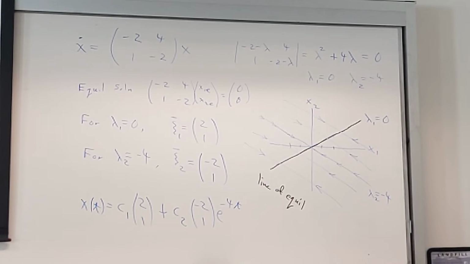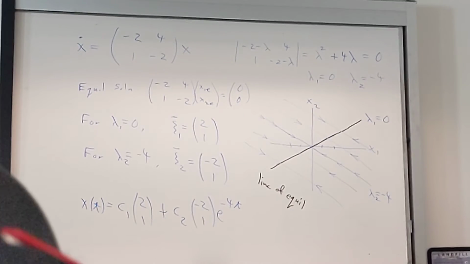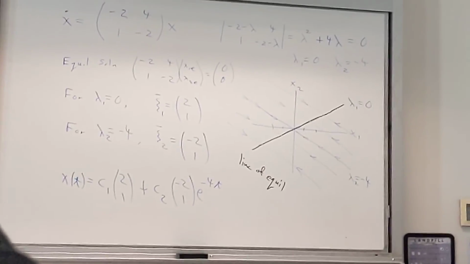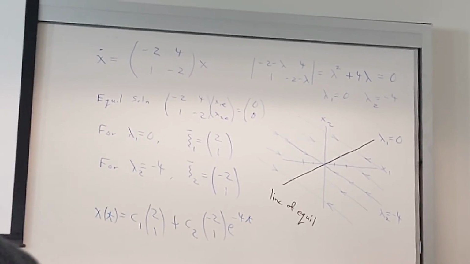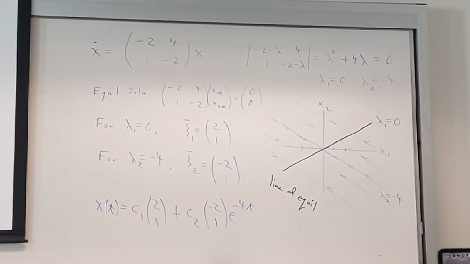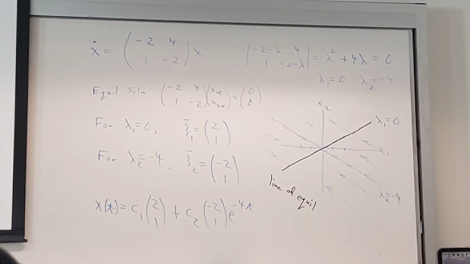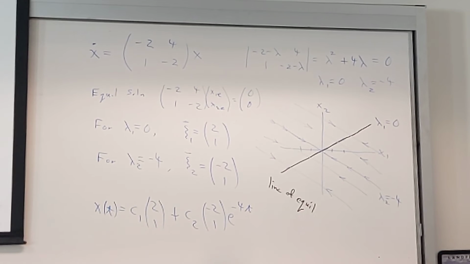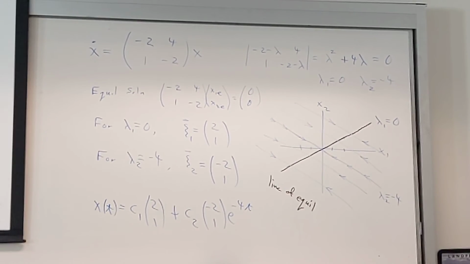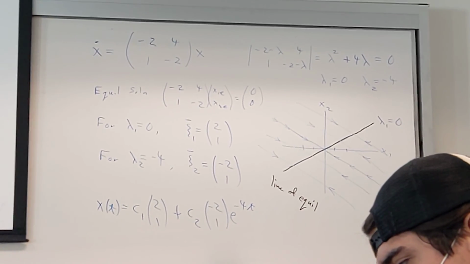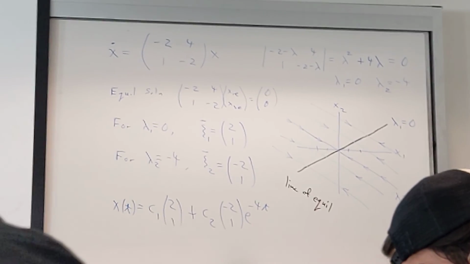Okay, so this particular case is sort of unique. It's a degenerate case, where the chances of hitting a 0 eigenvalue is pretty small. But when you do, you're left with a line of equilibria, and this is a stable line. The other possibility would be what? That the other lambda was, instead of being negative, positive, and then what's going to happen? Everything's moving away from that line. Okay? It'd be an unstable line. Okay. So there's the eigenvalues, eigenvectors,